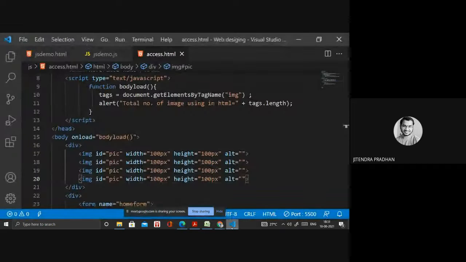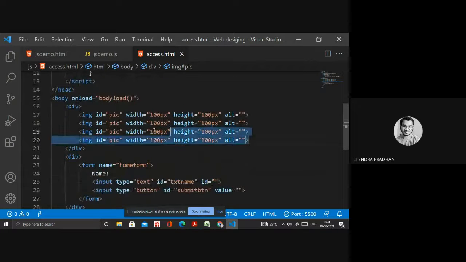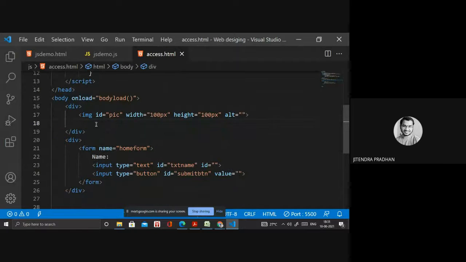Next, I have to discuss how we access by using class name. So I need to be inside the tag and define the class name, whatever class I need to describe inside that. So at first I remove all these things. I need a class name.